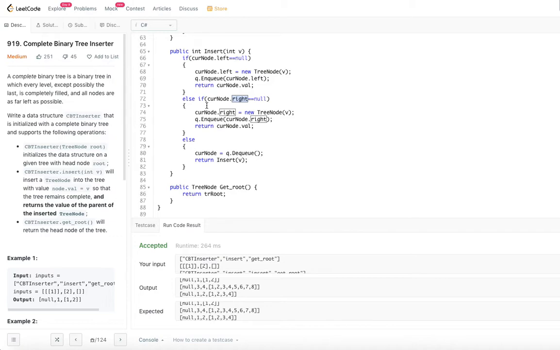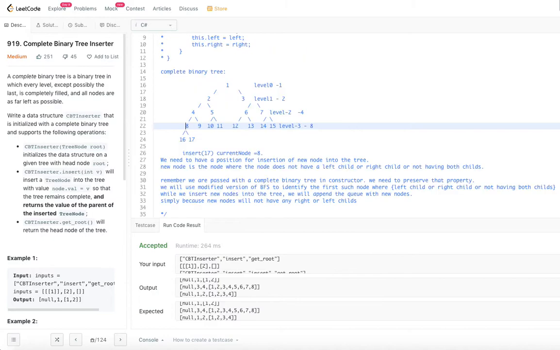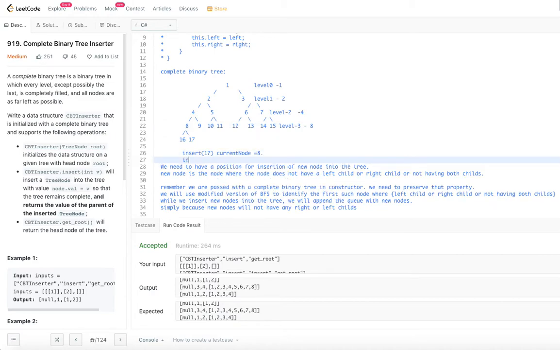What we are going to do is dequeue a new node from the new node queue, call it current, and call the insert again, the same thing. So now let's go back to 17. Now the current node is pointing to 8 still. Now let's say insert 18.